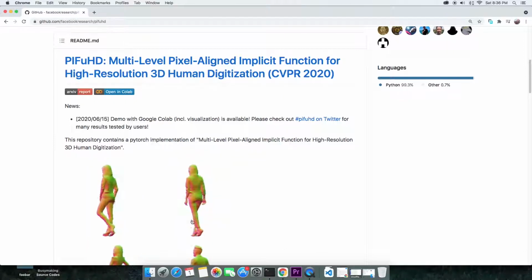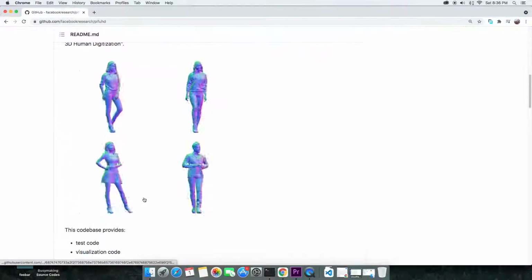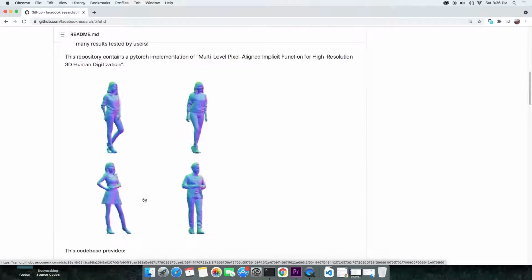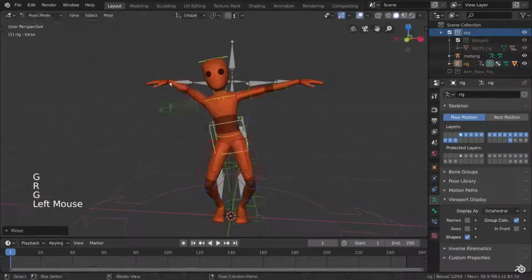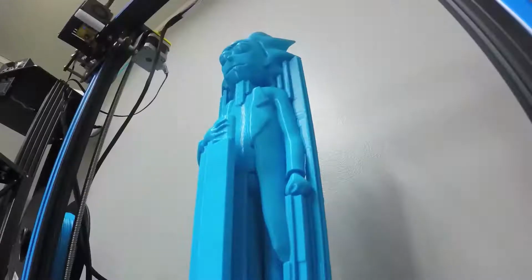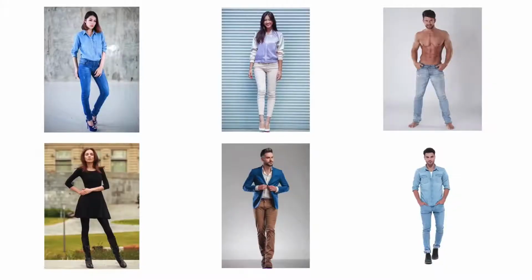Today we are making 3D models of people with nothing but a single portrait image. One picture and you have a complete 3D model of the person. You could rig this model, animate them, 3D print it and do all kinds of cool stuff. Sky is the limit. We will be using a tool named PyFu HD on a Google Colab notebook, which means